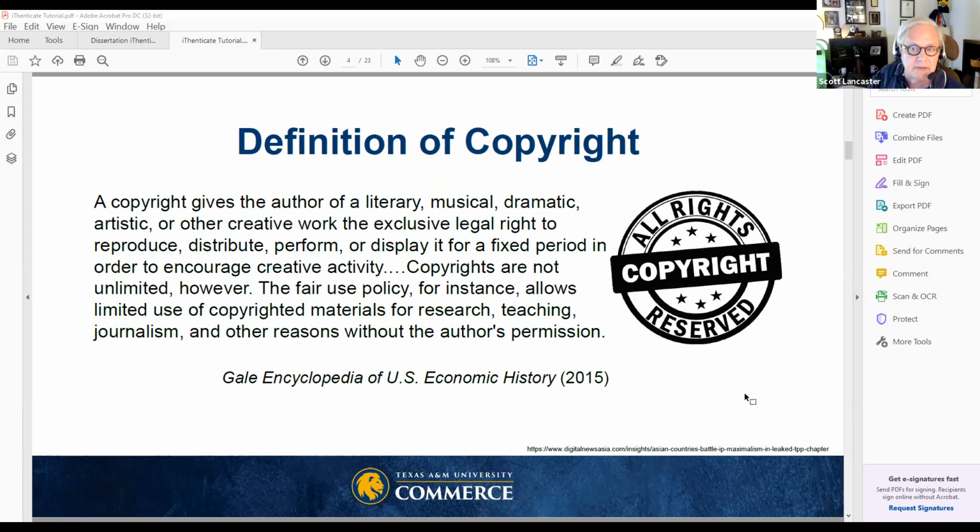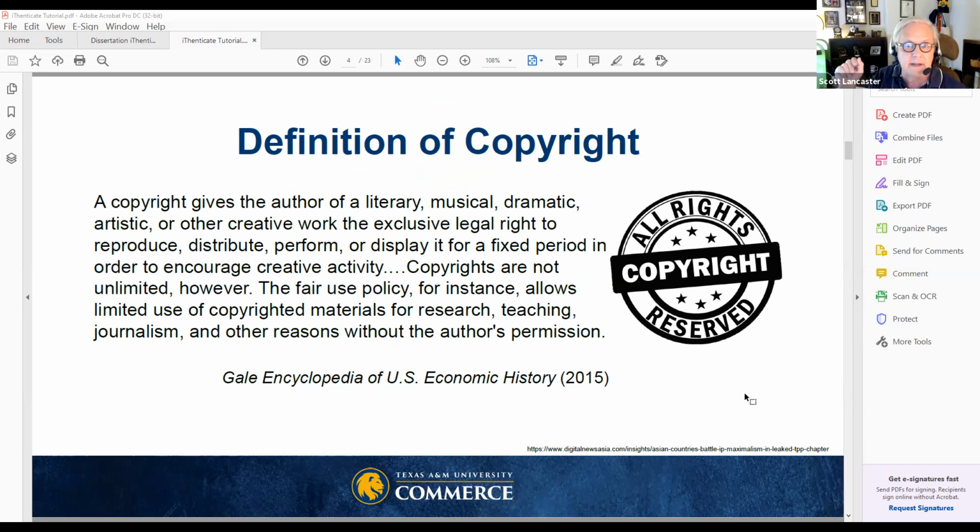The definition of copyright is: a copyright gives the author of a literary, musical, dramatic, artistic, or other creative work the exclusive right to reproduce, distribute, perform, or display it for a fixed period in order to encourage creative activity. Copyrights are not unlimited, however.